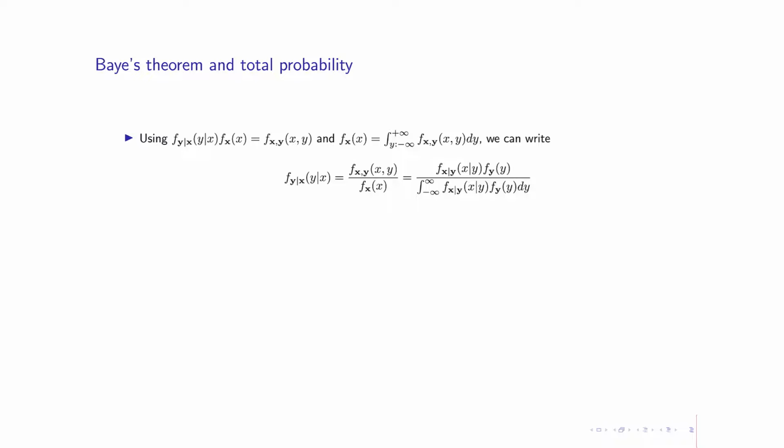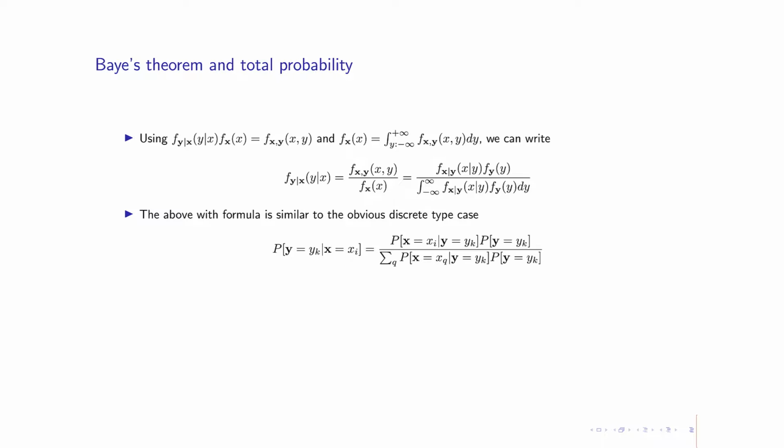So we can write this, and this formula is similar to what we had for the case of discrete type random variables. This is a formula that you can generalize for more than two random variables and so on. For the discrete type case, we had the conditional probability mass function. This is the probability that y, or the mass of the probability at yk, given that x is equal to another value, and this was obviously equal to